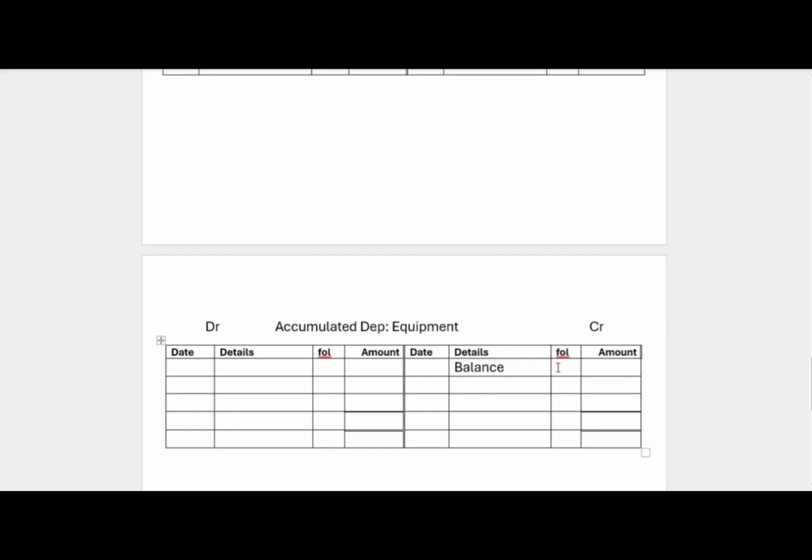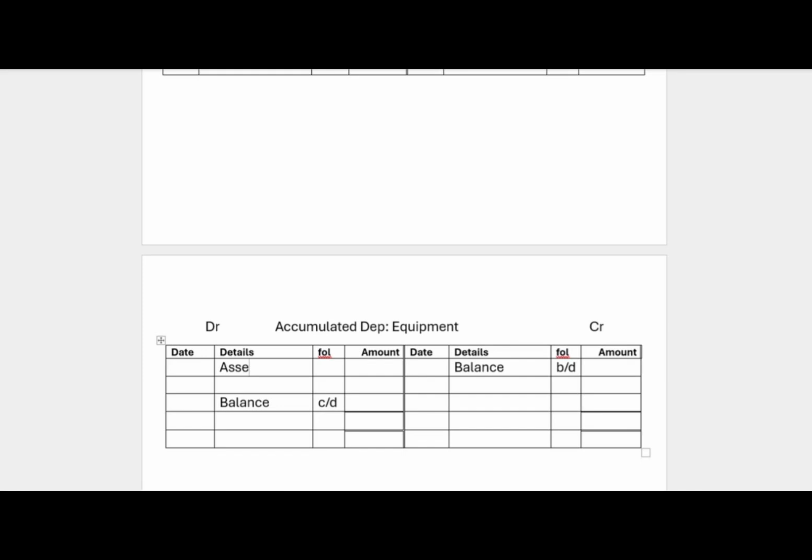And then we also have to determine the balance carried down. All right. And then from there, we're also going to need asset disposal, accumulated depreciation for asset disposal, for